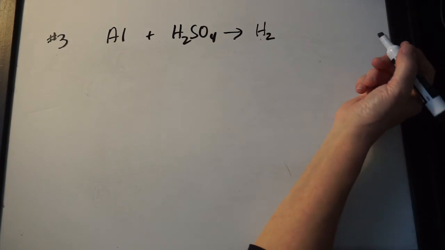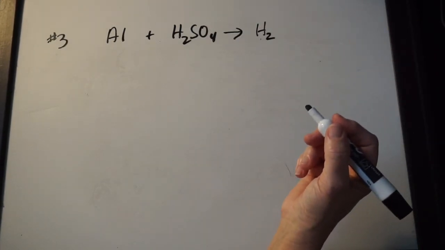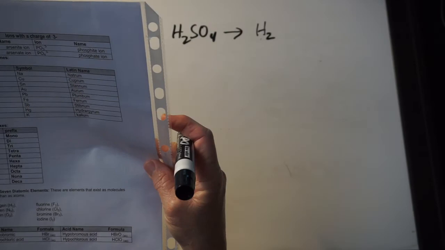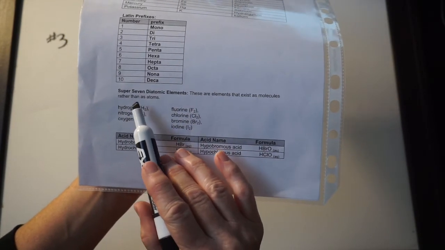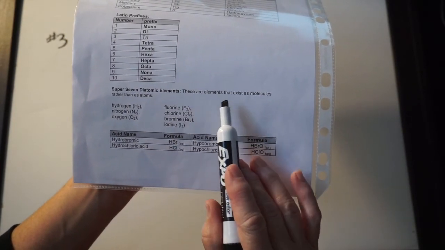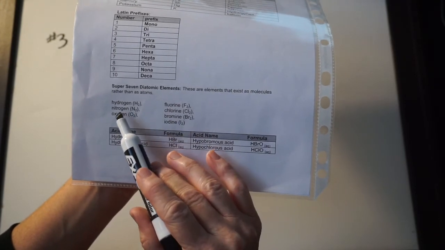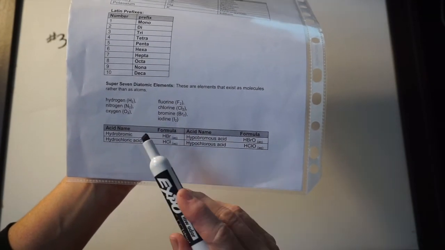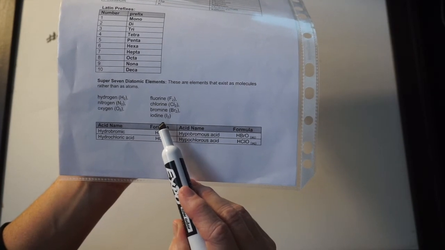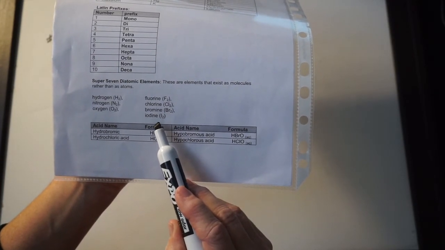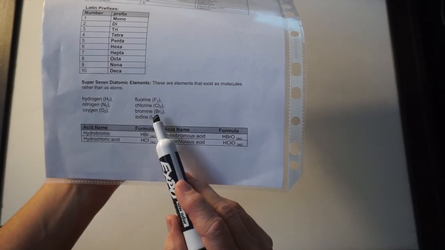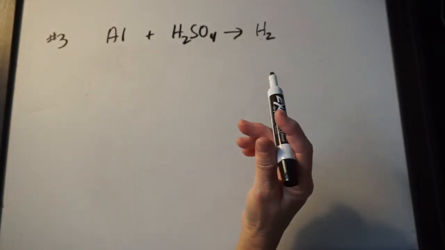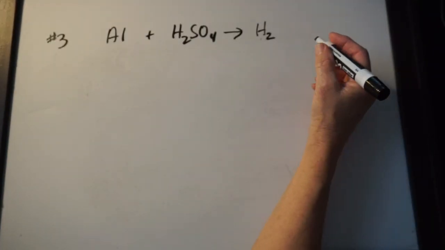It always forms as H2. And actually, I'm going to stop and talk to you about that. If you're unsure what the structure, or the formula or the name of these are, there is the super 7 diatomic molecules that they talk about at the back here. 1, 2, 3, 4, 5, 6, 7. These 7 always come as diatomic, so there's always 2 of them. So when you talk about iodine, it's I2. When you say bromine, it's Br2. Okay? When they're by themselves. So this is hydrogen gas